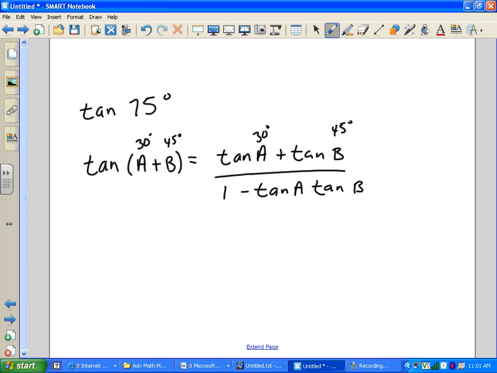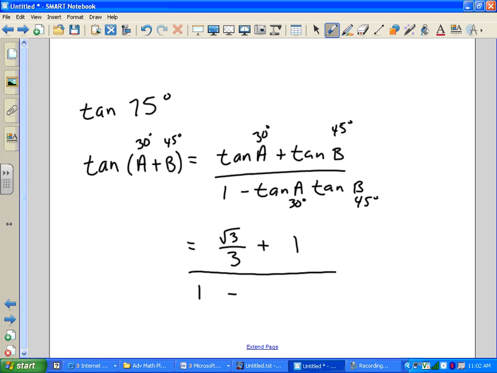All right, so this one we're going to put 30 there, and then 45 there. Okay, so let's see, tangent of 30 degrees. All right, now I can't remember. It's either square root of 3 or square root of 3 over 3. Square root of 3 over 3. Okay, so you got square root of 3 over 3 plus, now this works out pretty nice. That's just going to be 1